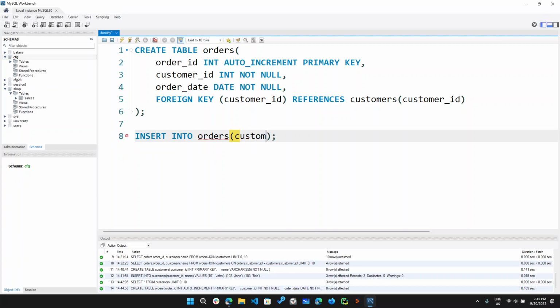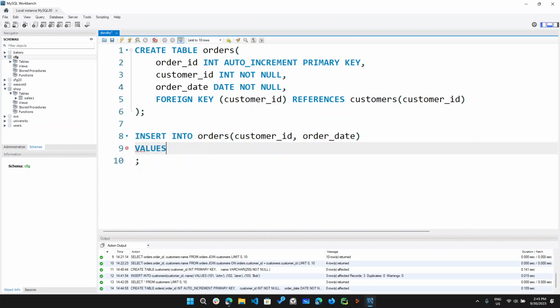So here I want customer ID and then order date, and here I'm gonna write value, and back here I'm gonna write 101, 2023-01-15,